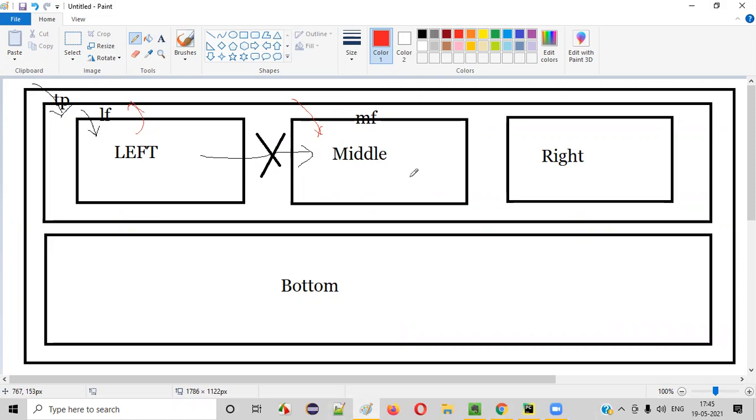That's fine. Now from here, is it possible to switch from middle to right? Is sibling frame switching possible, guys? The answer is no again. What is the solution then? How do we get this text? Again, the same process, guys. We have to switch back from the middle frame to the parent frame, and from the parent frame we have to switch to the right child frame. So how to do that?